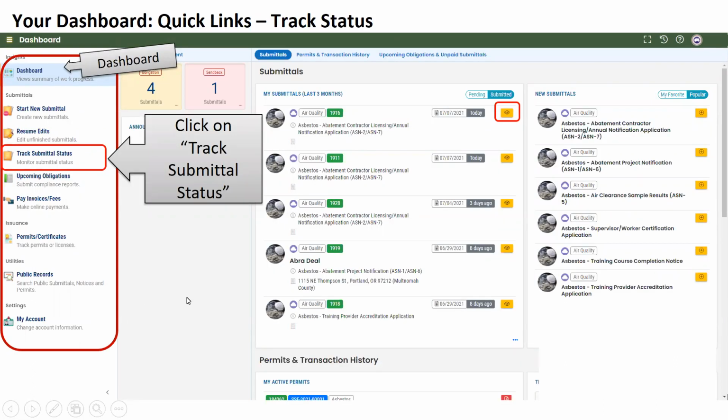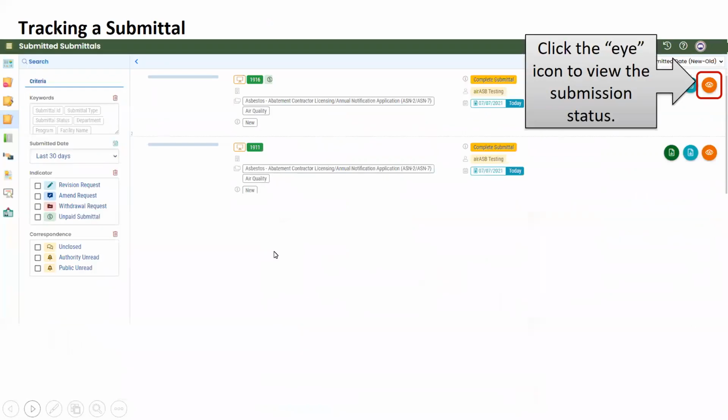So once that's all complete, to know where you're at in the process and what the status of your application is, you'll be able to come in again to this main landing page, your dashboard, which you can access using that top button. And you can either track your status over here where it says submitted. You'll click on that and it'll highlight blue or teal. And you can click on the eye icon to open up that submittal directly. Or you can use the track submittal status icon. You can click on that. And that will take you into this page, track submittal.